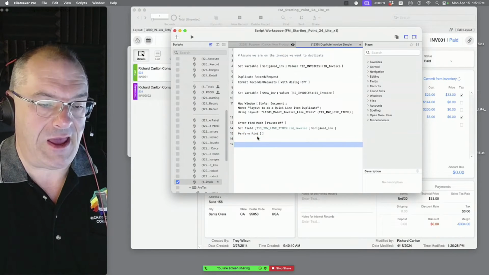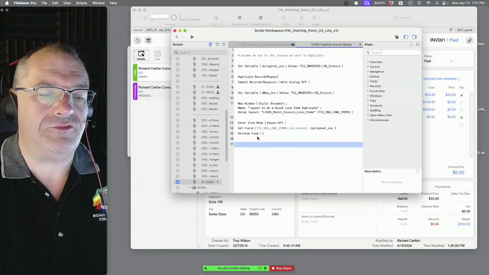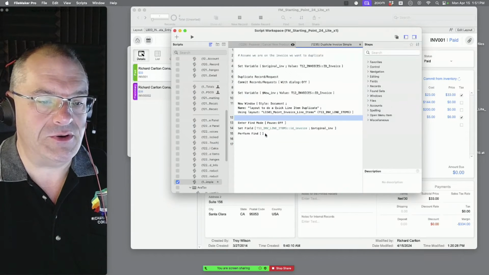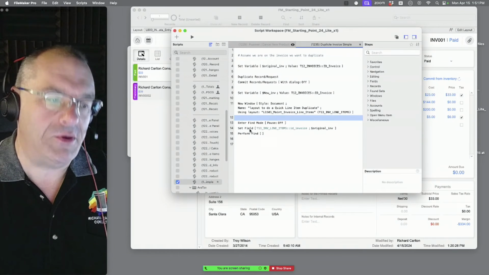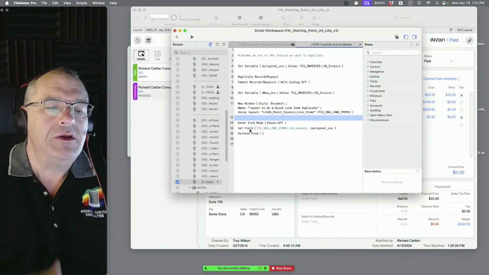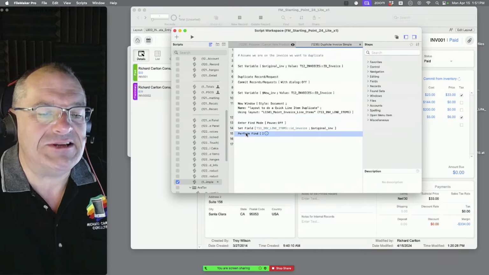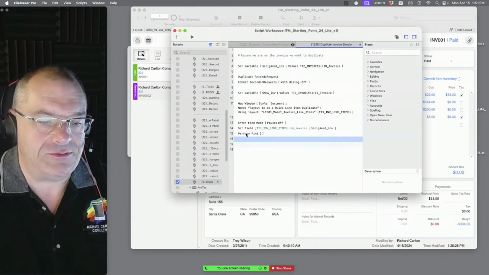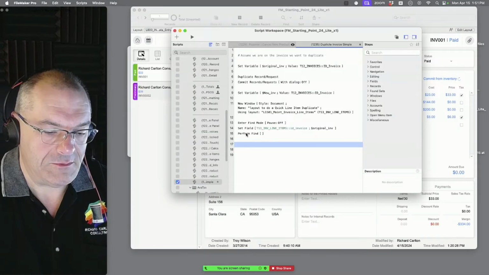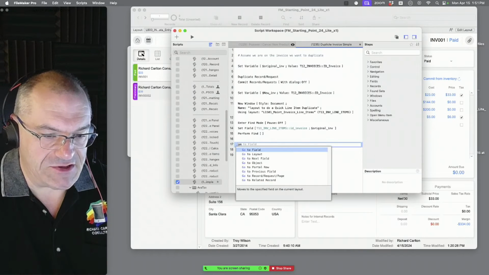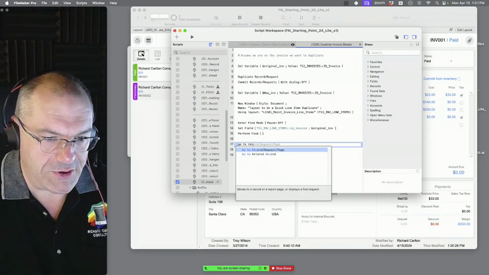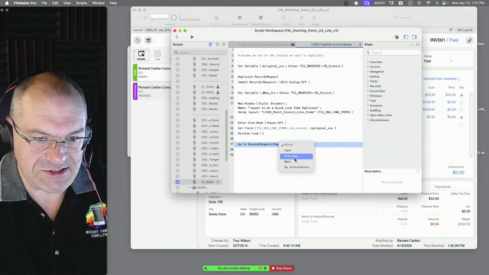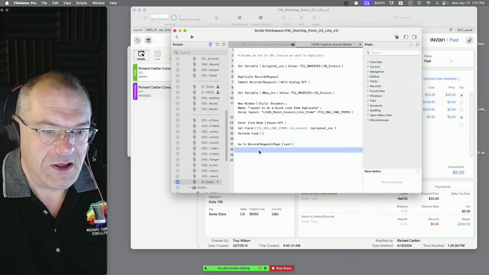Perform the find, okay? Now you're going to be on some sort of list view. What we want to do is, we haven't turned any error capture on here. We should talk about error capture at the end. Enter find mode. Now what's the next step? You told him to find the line items. Now what are we going to do? Navigate to the bottom of the list of line items. Okay, so I think it's go to record last. Record last, I think. Yeah, record last. Okay, go to record last. Okay. Now what do we do?